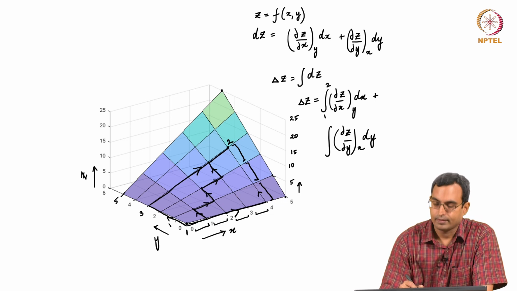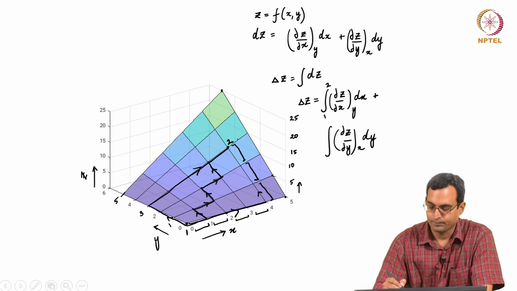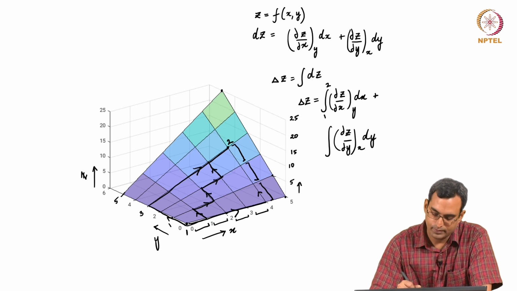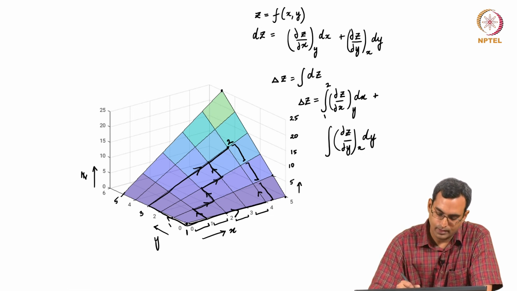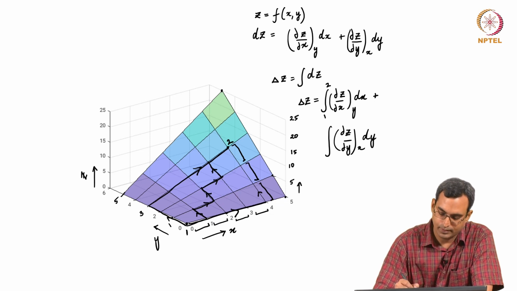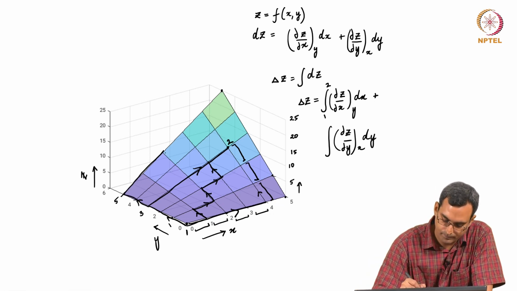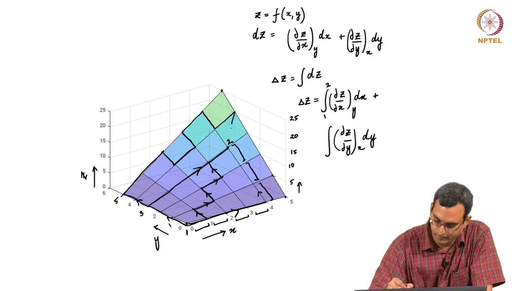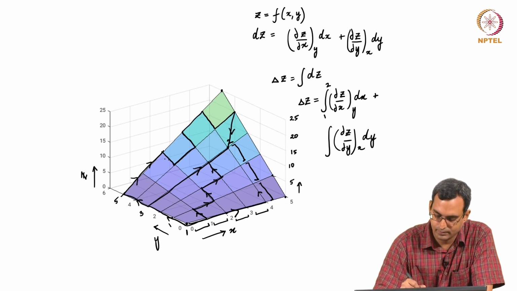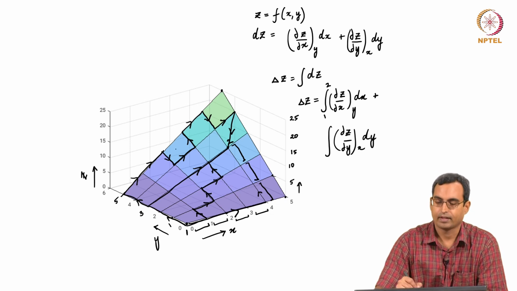Now again, if I was to look at the distance travelled rather than the height at some point, then the distance I travel to go from point 1 to 2 is different depending on how I go. So if I go like this, then I get 1, 2, 3, 4, 5, 6, 7 units of distance. If I go like this, 7 units along x and y. If I go like this, I get 1, 2, 3, 4, 5, 6, 7. But I can also go in some other fashion. So for example, I can go like this. I could also have gone like this. Nothing stops me if I am doing that. And then I see that between here and here, if I go in this fashion, I travel a much longer